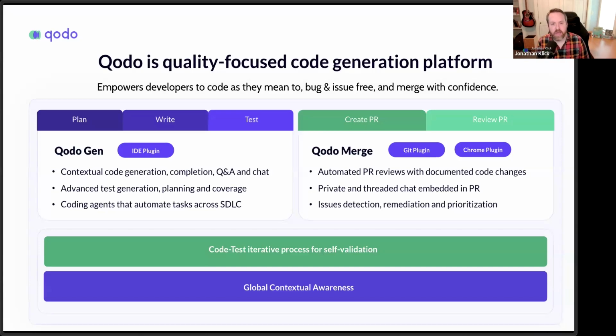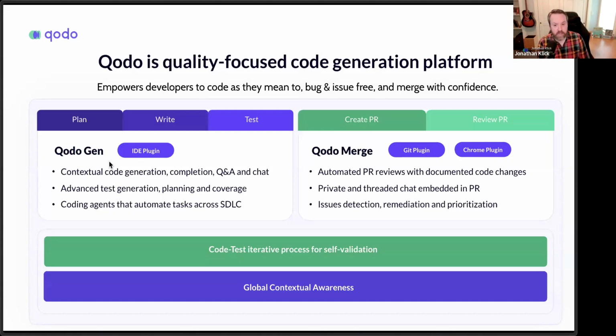The name Qodo might sound weird to some of you. The idea is that our product line is all about quality code. We're building a code integrity platform, hence Qodo, quality code. Today we have two primary offerings. We have Qodo Gen, an IDE extension that works with VS Code and JetBrains. If you're still on Eclipse, for example, sadly we do not support that today, but stick around. I'm sure we can show you some valuable things.